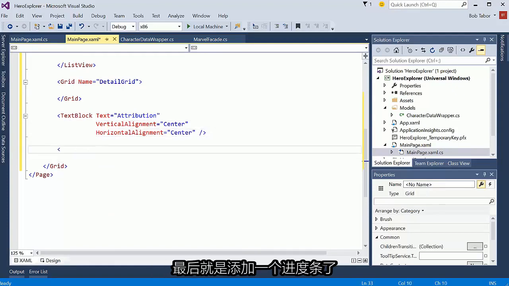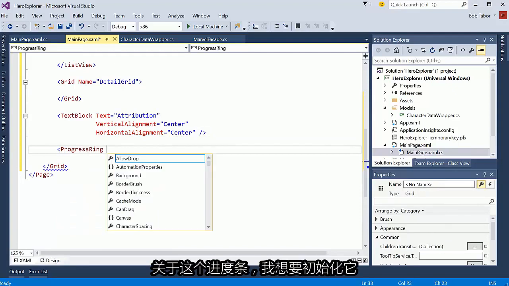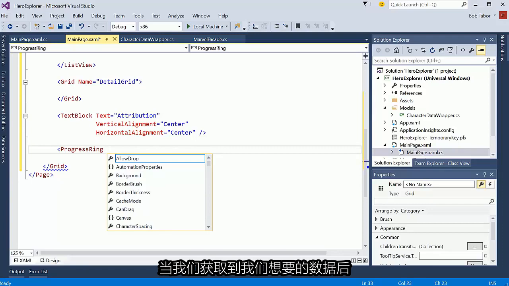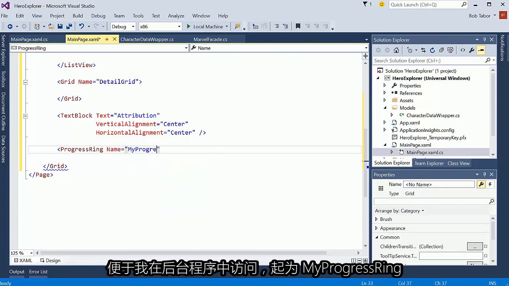And finally, what I want to do is add a progress ring. And that progress ring, we're going to initialize it whenever we're making a call into the Marvel API, because it could take a while, and then we will hide it whenever we've gotten the information that we need. So what I'll do is I'm going to give it a name because I need to access it programmatically. My progress ring,